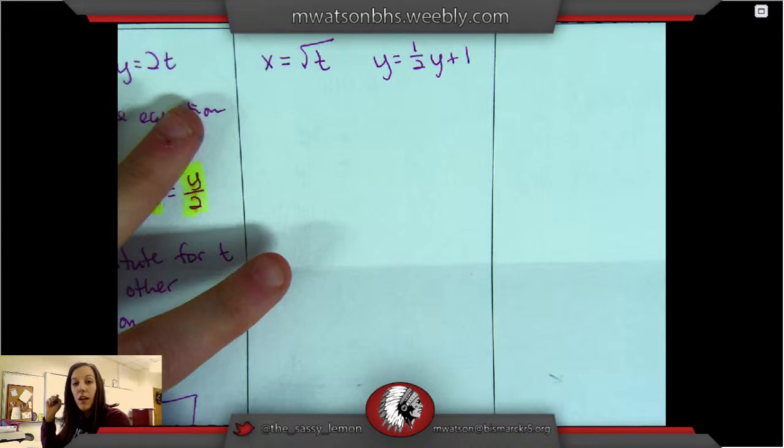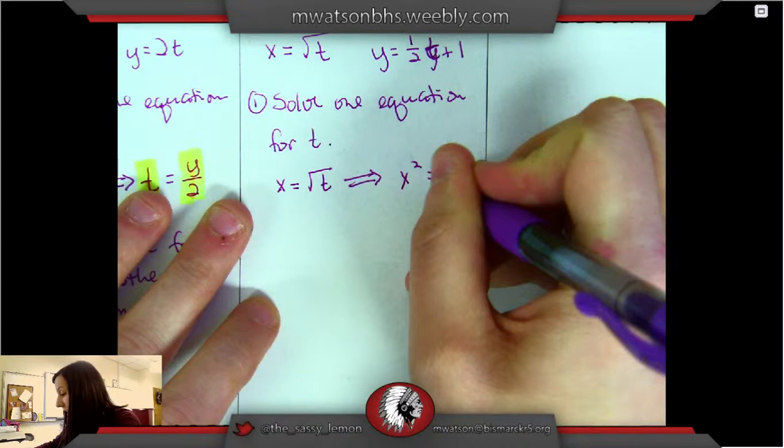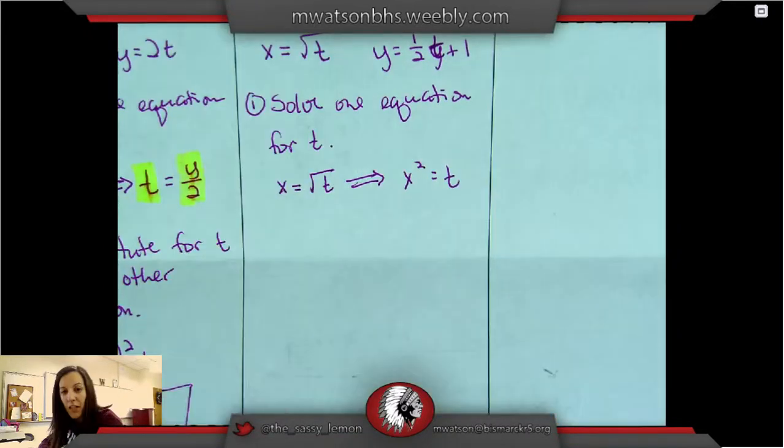And typically you want to use the one that's easiest. Here, this one looks the easiest because we could just square both sides to get t by itself. And that would look like this, x squared equals t. Now, whenever we do that, something happens. We kind of take a little something away whenever we square it like that, because